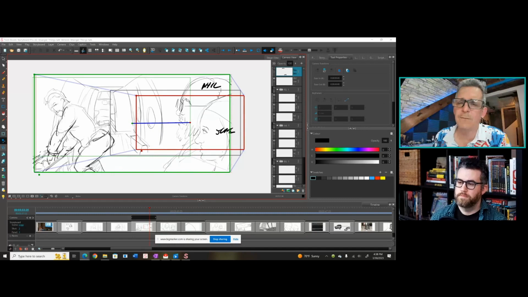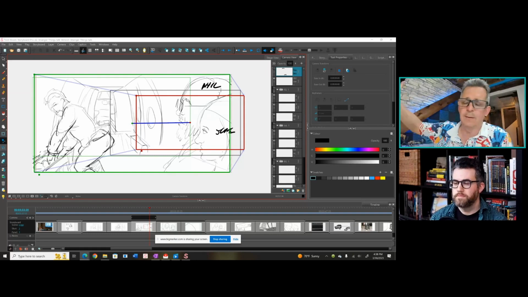If it's possible for me to walk a set or a location with a director, that's always beneficial. The drawing aspect of it doesn't matter if I'm with them or not. Sharing my screen is just like them looking at the big monitor, unless we get up and actually act it out together, which I've done numerous times on productions. But cleanup, I almost always do remotely.